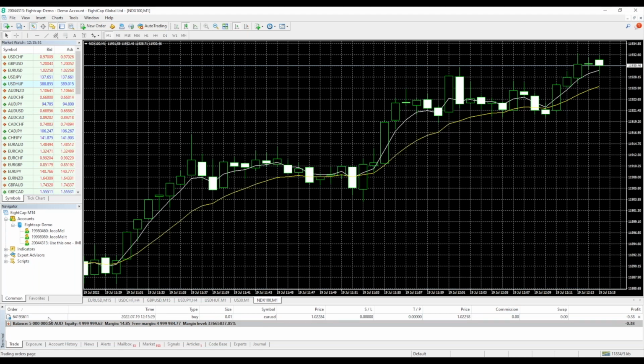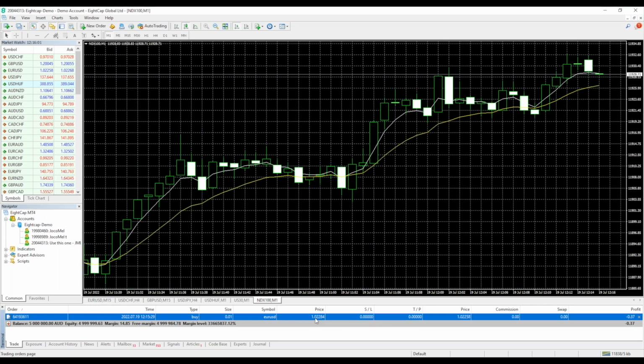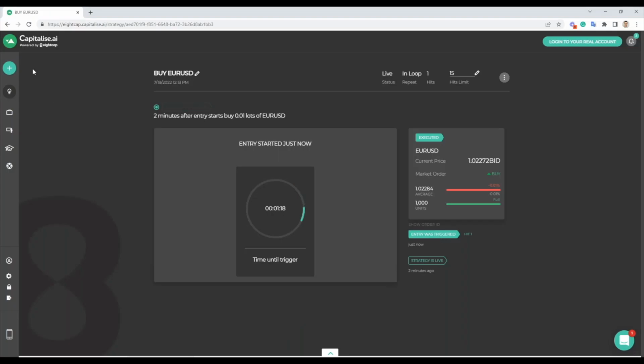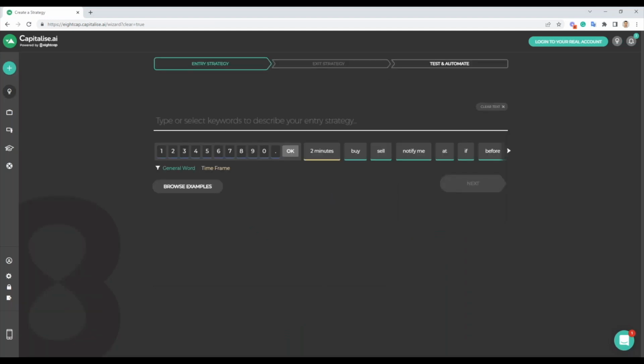And we're going to see all our trades here now start building up. There's the same price. So I'm going to let this run now for the next, I don't know, 20 minutes or so. And let's see where we are with this dollar cost averaging strategy afterwards. Great, let's go ahead and create another strategy while this one runs. So I'm going to go ahead here and create a new strategy. Let's see, we've got some questions coming in here.